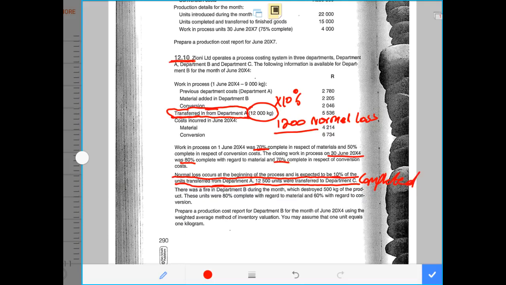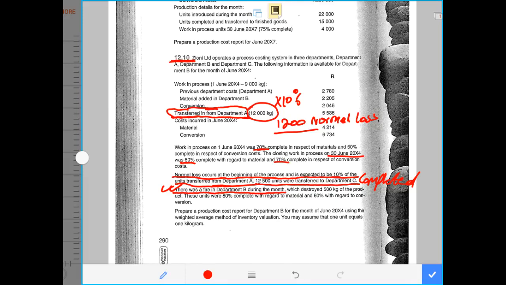These are the completed units or finished units according to Department B. However, they still have to go through the process in Department C. Then after, it says there was a fire in Department B during the month. And whenever there is a fire, or there is a breakage of the machine, or damage in the machine, or the machine broke down, and whatsoever loss that we incur, which is unexpected and which can be controlled, then that loss